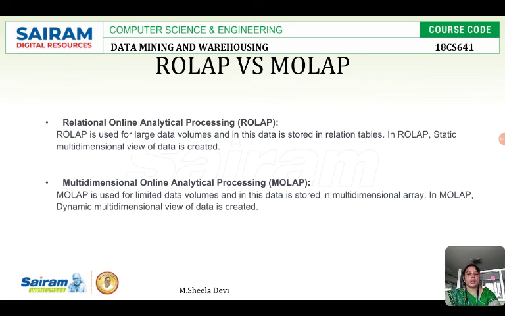But one more advantage in multidimensional OLAP is it has a dynamic multidimensional view. That is, it's not static like we have seen in the relational OLAP. We can change our dimensions according to our requirement. That is nothing but dynamic. So these are the engines which give the multidimensional view of the data, with which the front end tools in the topmost tier can generate the reports. So what OLAP, online analytical processing, does is it provides the multidimensional view of data which is there in the data warehouse.